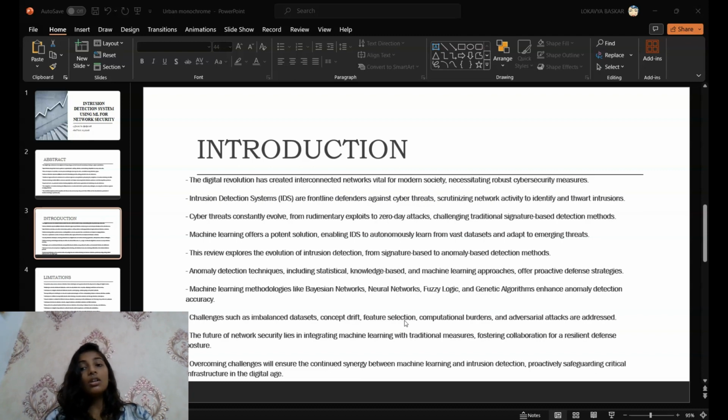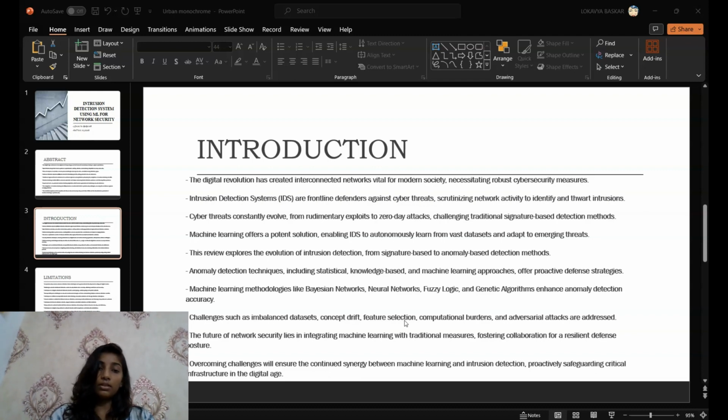However, traditional signature based detection methods struggle to keep pace with the ever changing tactics of cyber criminals. So this is where the narrative takes a turn towards hope, a beacon in the form of machine learning. Machine learning emerges as a game changer in the fight against cyber threats. Its ability to learn autonomously from a vast data set offers a glimmer of hope in enhancing threat detection and mitigation. By leveraging the power of machine learning, we can adapt and evolve our defense strategies to stay one step